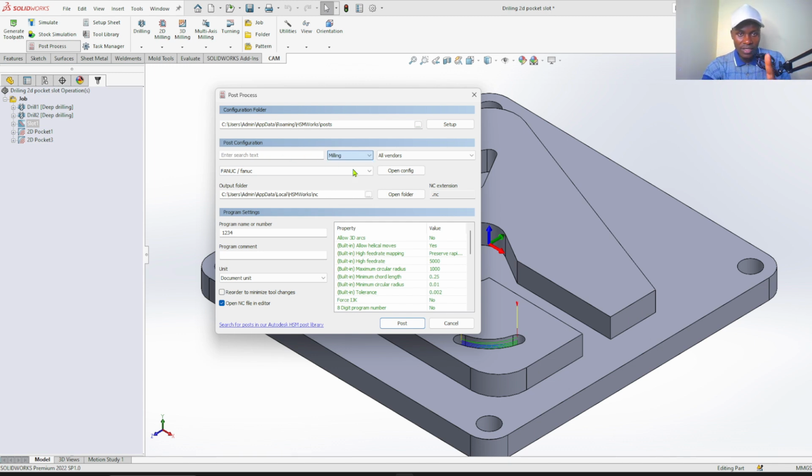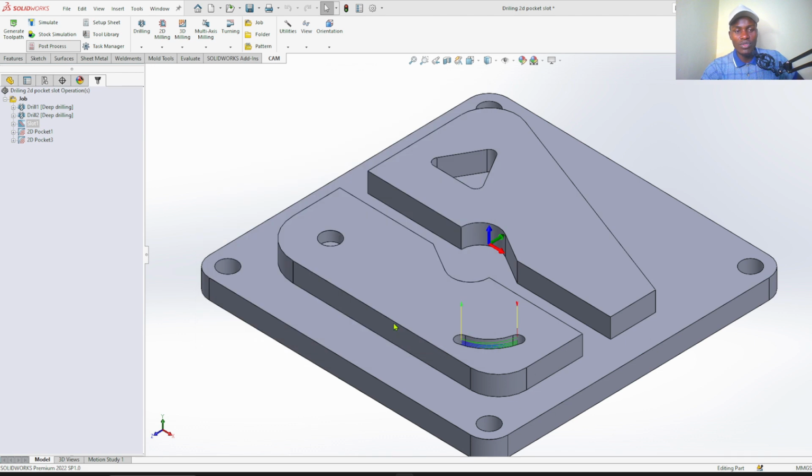Don't forget this. It's milling operation. So select milling. Milling by Fanuc, then Fanuc. Why am I using Fanuc? Because this is the machine that I'm used to. So depending on the type of machine that you are using, you have to select the specific machine. Click on post process.